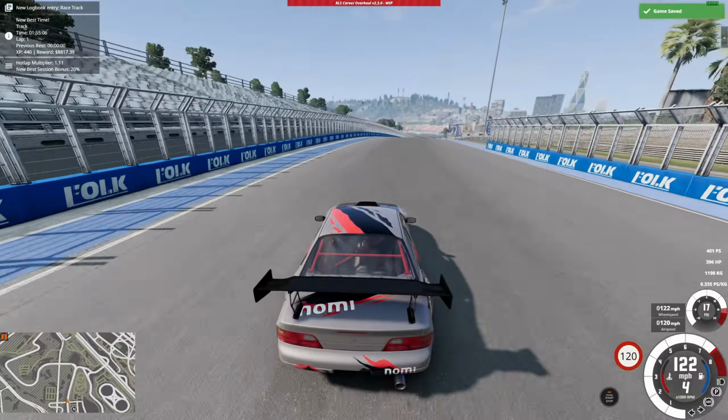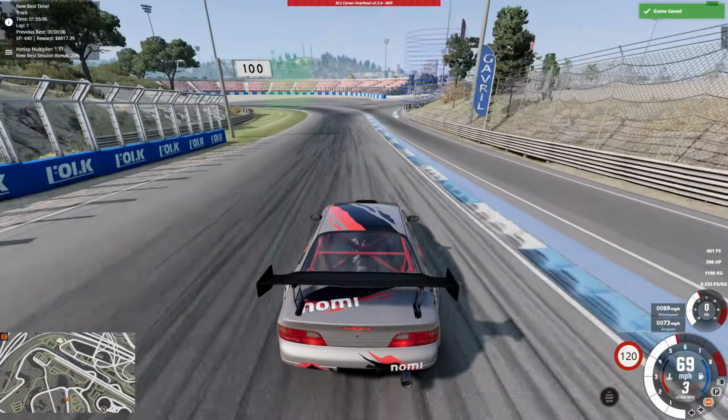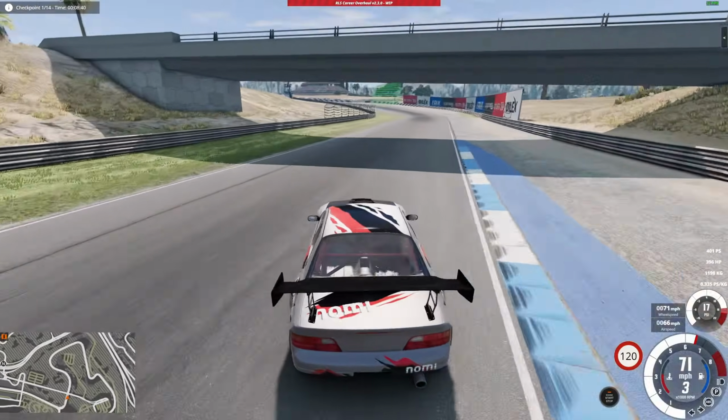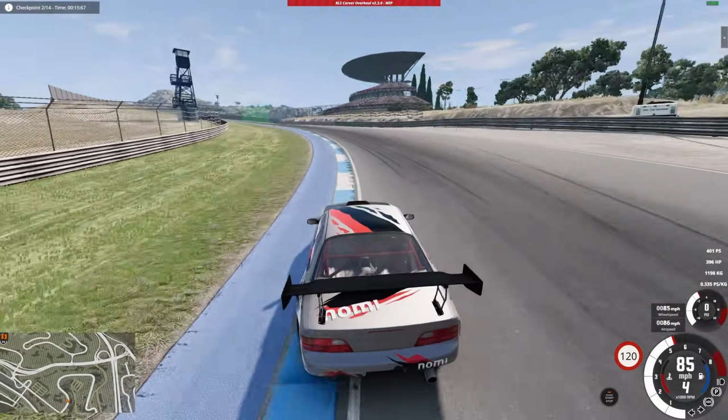Okay, lap 1 done. We made $8,800, and that's only with a multiplier of 1. We're going to make more. Every lap we add to the multiplier, every lap we make more money. And